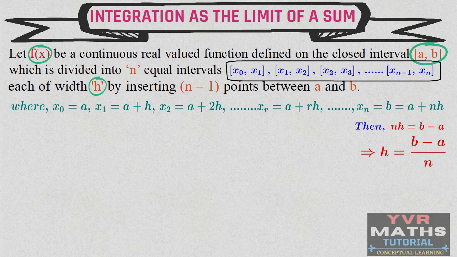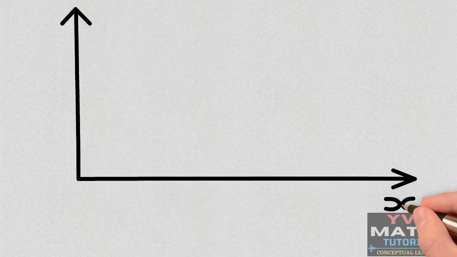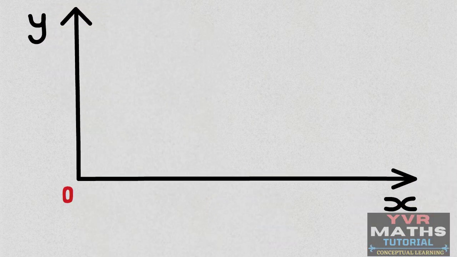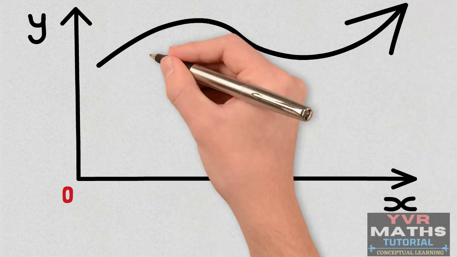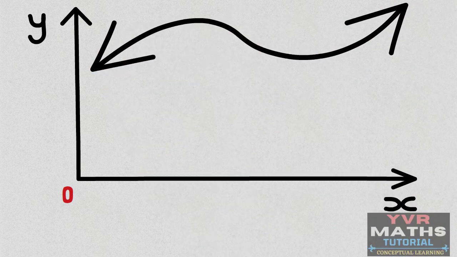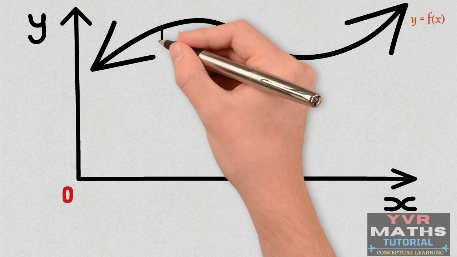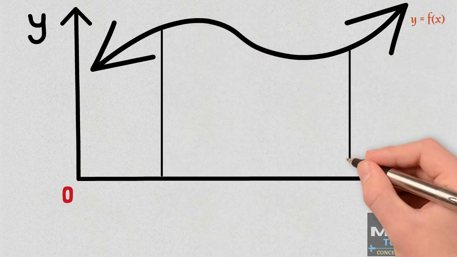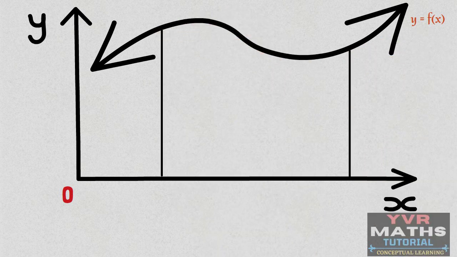So what is the information I gave here? That information I will explain geometrically. For that, I will take a two-dimensional coordinate axis. Let us consider a continuous function y is equal to f of x on the closed interval a, b. Now, we will divide this interval a, b into n equal intervals. See here,